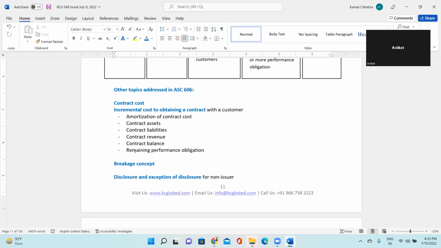So that $50,000 you can capitalize and amortize over, let's say, a 5-year contract life, so $10,000 each year. So there you can recognize the contract assets, contract liability, contract revenue, balance, and remaining performance obligation.